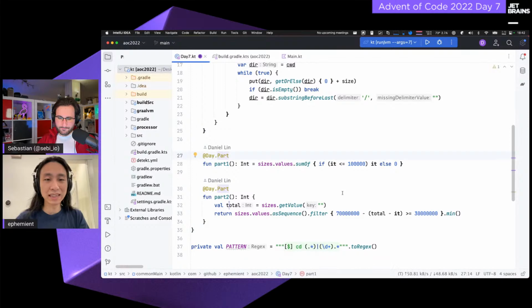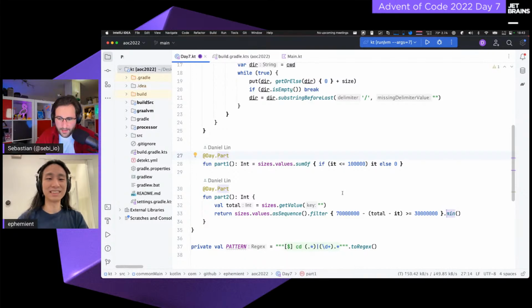So that's my total size. And this is actually an update that I put in today because I realized, maybe 3 hours ago, oh yeah, I could do this better. So this is basically filtering, and instead of calculating the amount of space I need to free up, this is literally just saying, is the amount of space afterwards going to be greater than the target? So I found that easier to read. Basically, yeah. Total disk minus the amount that I'm using up, is it greater? And find the smallest one that will satisfy that.